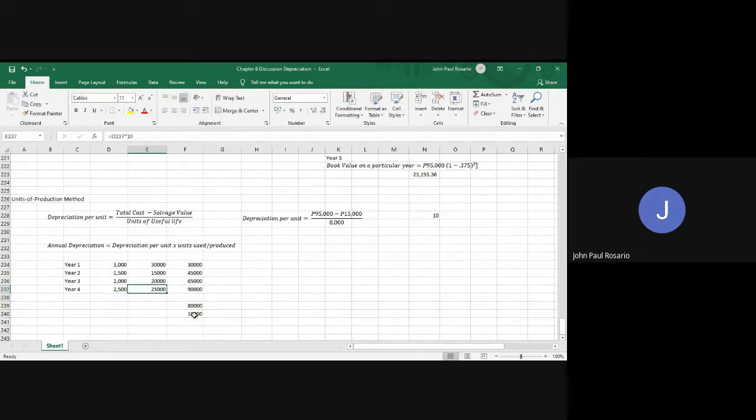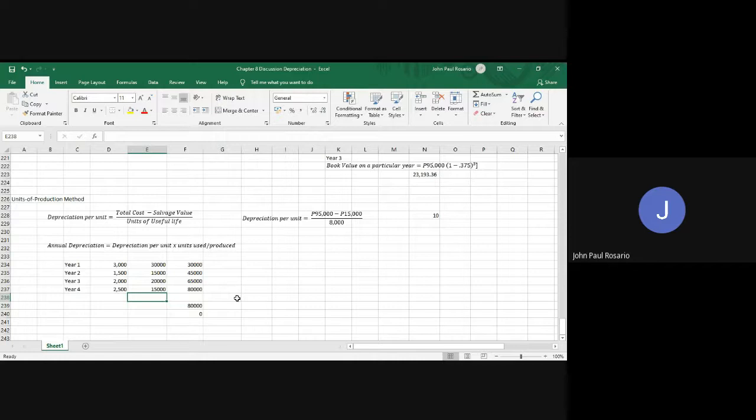Oh, okay. Anyhow, so we deduct from it 10,000. Meaning on year 4, our depreciation will be limited to whatever is left to us, what do you call this, whatever remains of